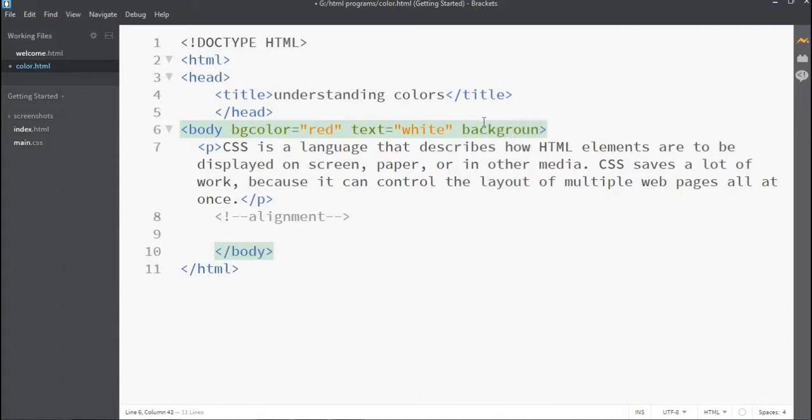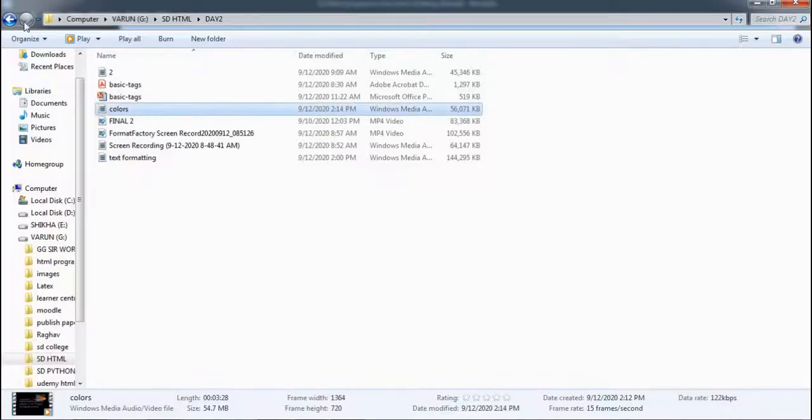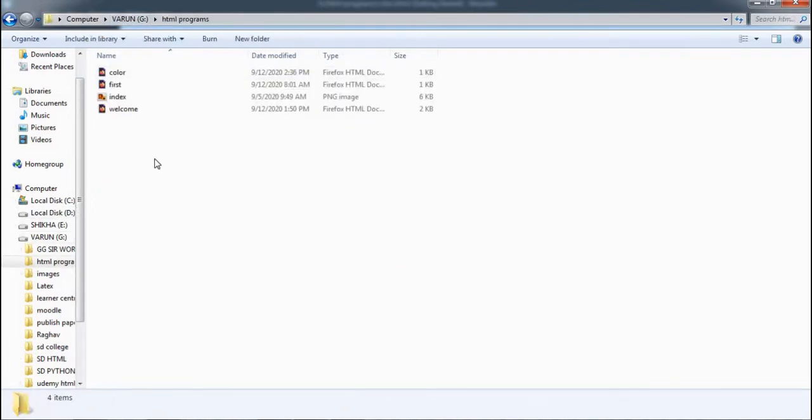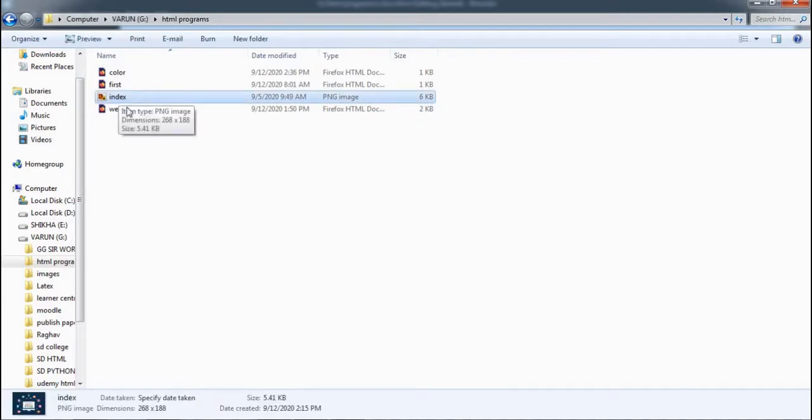background. See, I am saving these pictures in a folder named HTML programs, and I am also using a picture. I want to use a picture, index.png, from this folder.